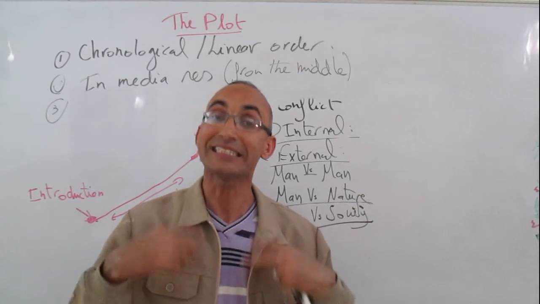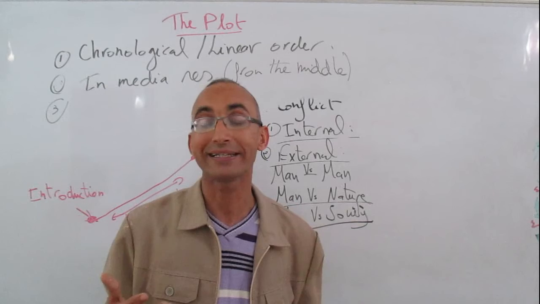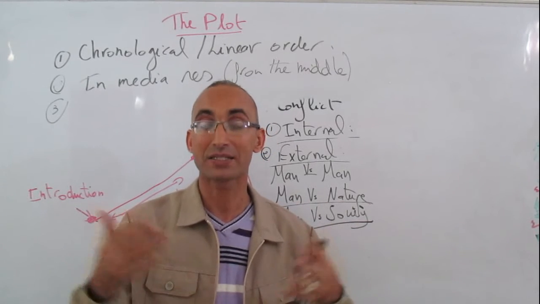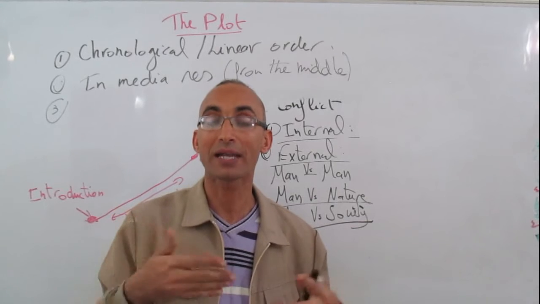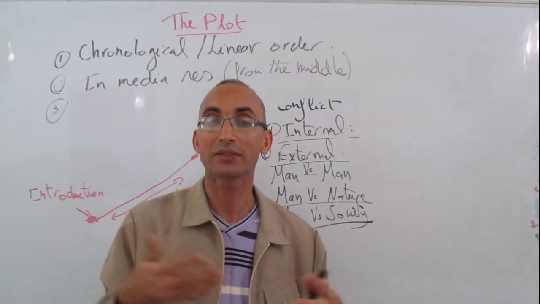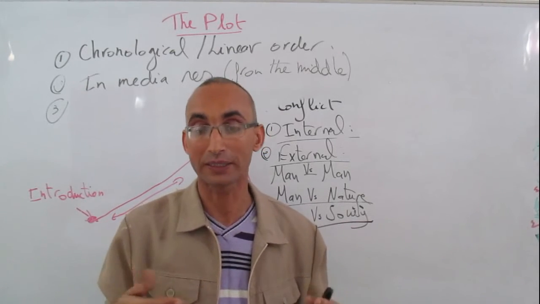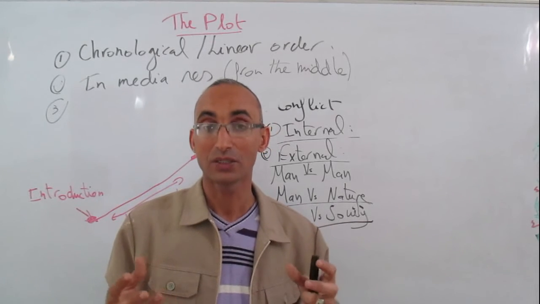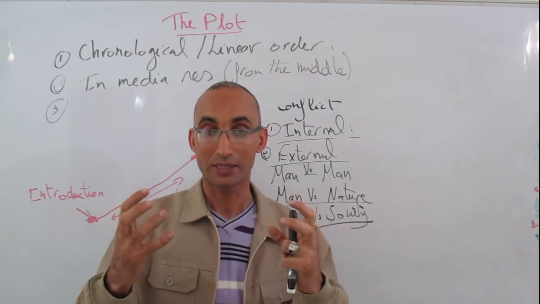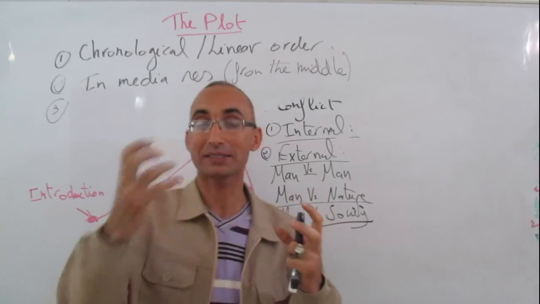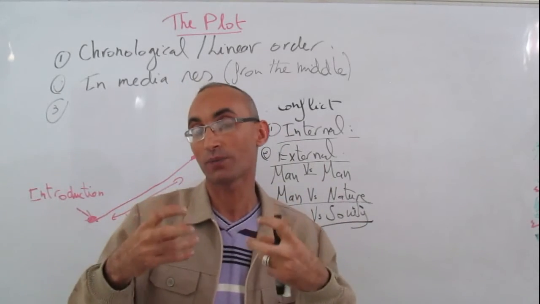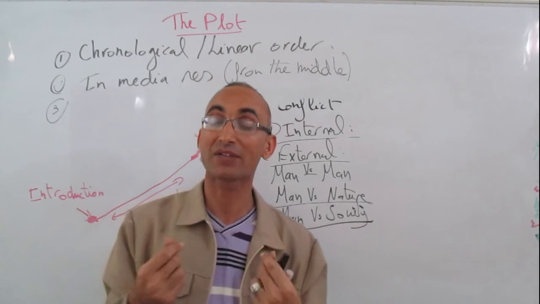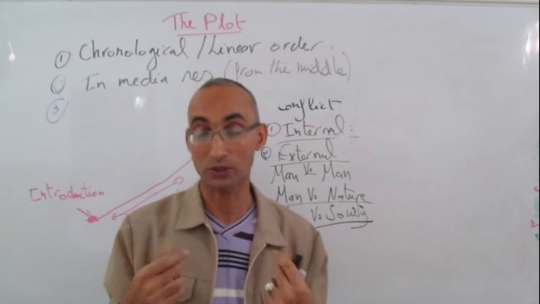Another technique which is widely used today is the flashback. The flashback is when writers insert a scene from the past in the course of the storyline, or the actions of the story. Why? To construct a clear image of the truth between the past and the present. It means that you cannot know or learn about the present unless you go back to the past. Here also we have that kind of suspense,